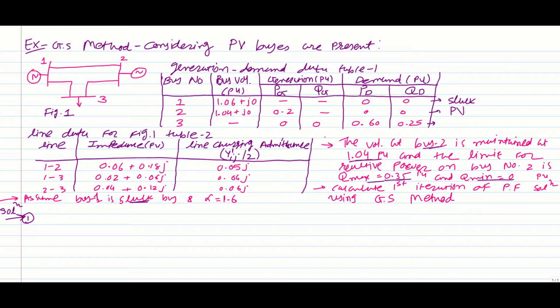Then the third bus, look at the data: only demand is specified, demand of active power and demand of reactive power. That means only P and Q are specified. So we can say, even from the symbol in the diagram, that bus number 3 is a PQ bus or load bus. So, clear, the first step is to identify the buses if it is not given to us. Okay, now let's start the power flow analysis for this network.